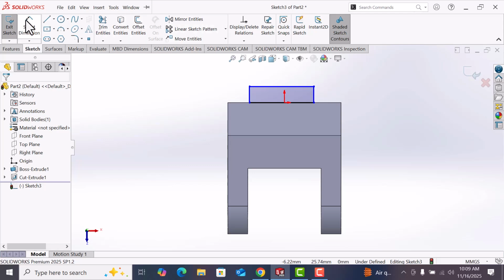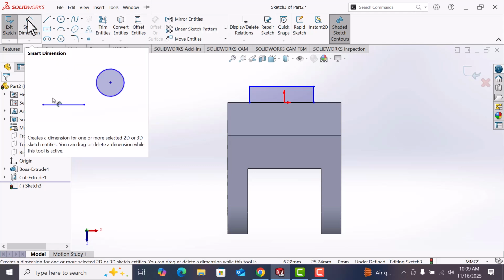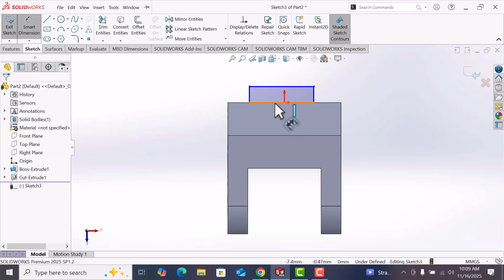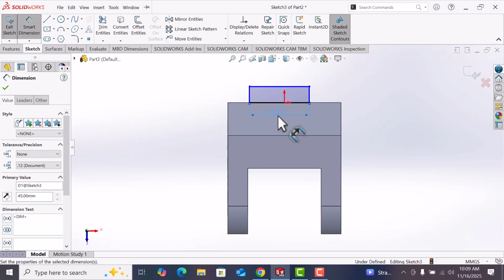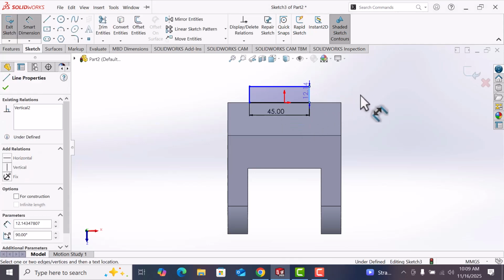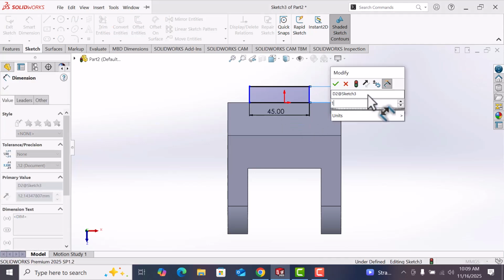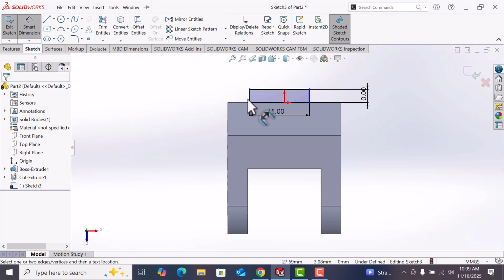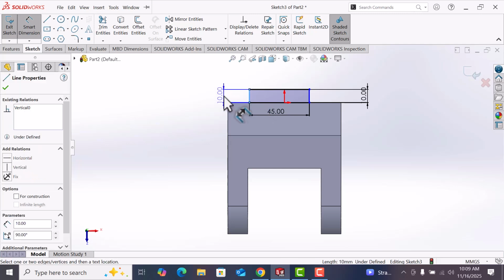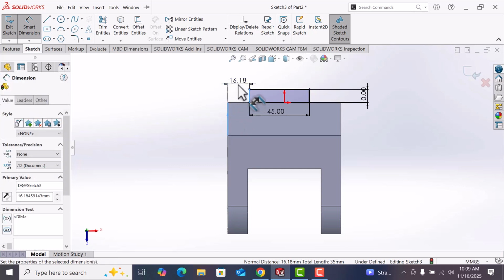Now go to smart dimension: this line dimension 45 and this line dimension 10. Now this line and this line, distance between 20.